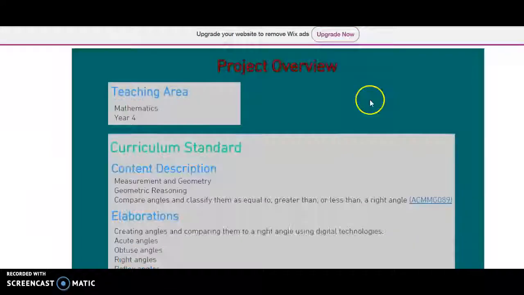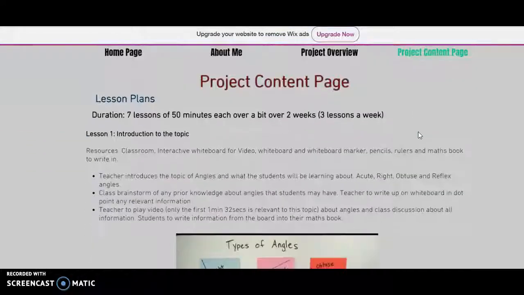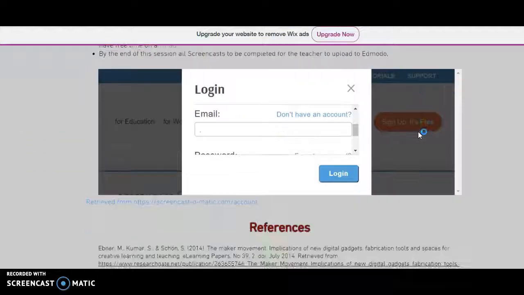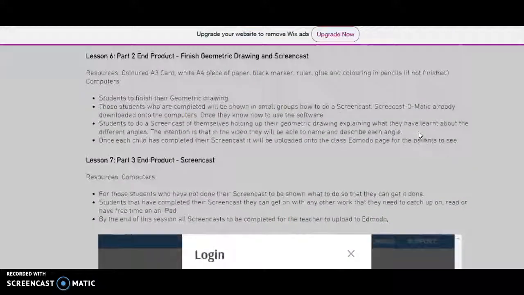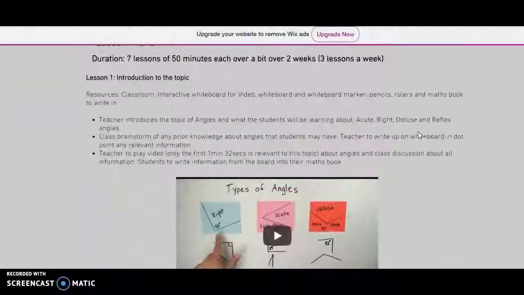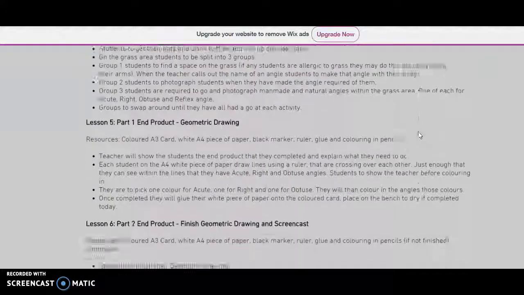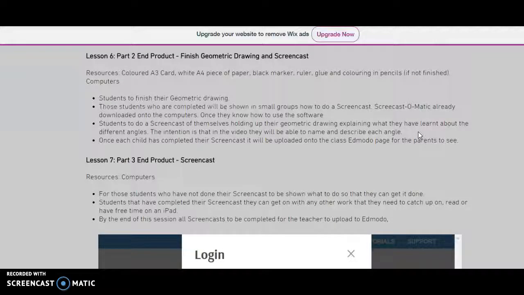Then we go up further and we have the project content page, and in the project content page it goes into the lessons, and lesson 1 all the way through, sorry that's gone through too quickly, lesson 1 through to lesson 2, lesson 3, lesson 4, or through to lesson 7. Each lesson goes for 15 minutes. There's 3 lessons a week of maths, so it takes just over